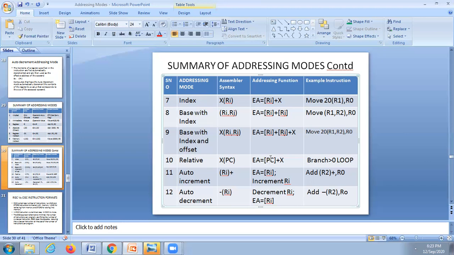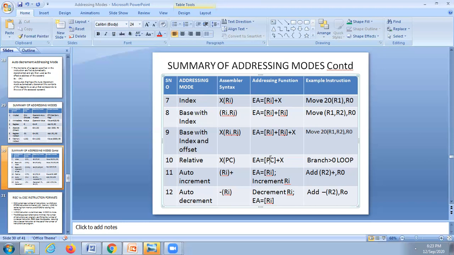Program counter is a special purpose CPU register. Special purpose CPU register means it has a significance, it has a particular purpose. The program counter is a CPU register which contains the address of the next instruction to be executed.